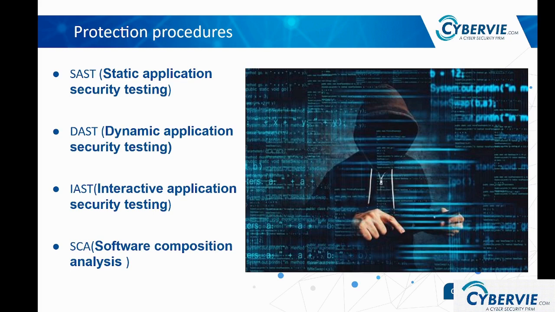Third is IAST or Interactive Application Security Testing. This form of application security testing scans the source code for vulnerabilities while running the application and simulates the way a user would commonly interact with it. And last is SCA or Software Composition Analysis, also known as Origin Analysis. This method helps to analyze all source components and libraries of different software. This tool helps to identify known vulnerabilities and notify the user of any available patches or updates.